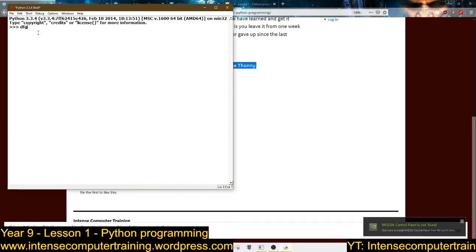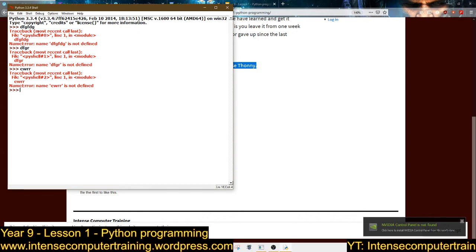If I type something in and press enter, nothing seems to work unless you do something that is part of Python. So the simplest thing we can do in Python is use a keyword, print. You can see it goes purple. You open some brackets and close the brackets straight away. You put in 2 speech marks, and inside the speech marks we put hello, we press enter, and it prints that. That's computed. That's your first program.